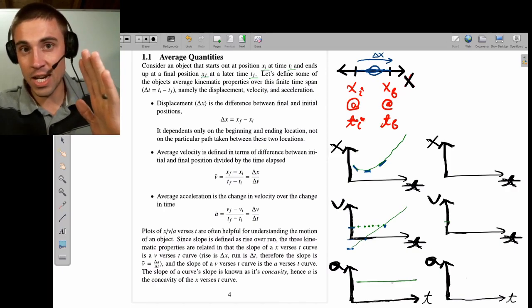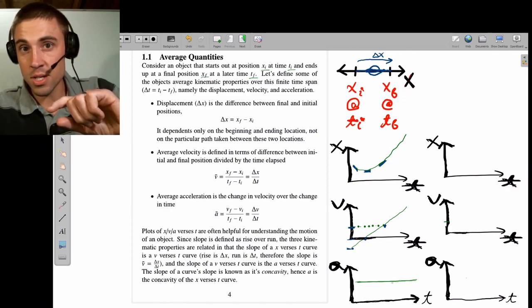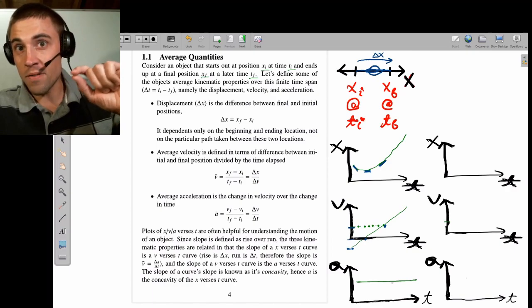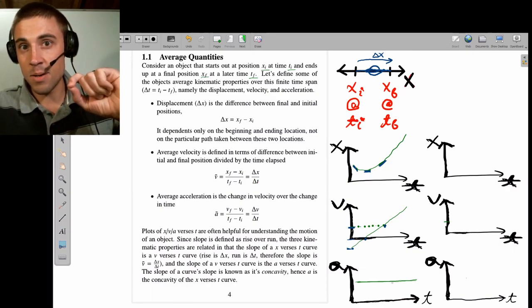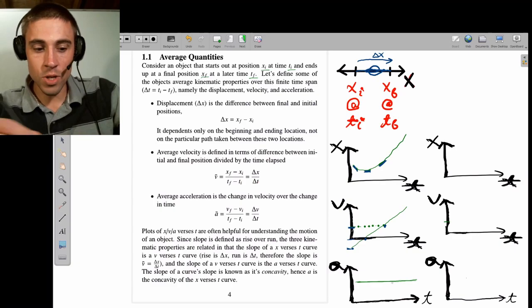Okay, so let me just say that again. Think of a curve. Think of the plot of the slope of that curve versus time. Now think of the plot of the slope of that slope versus time. That is a plot of the concavity versus time. Okay, so just really quick,